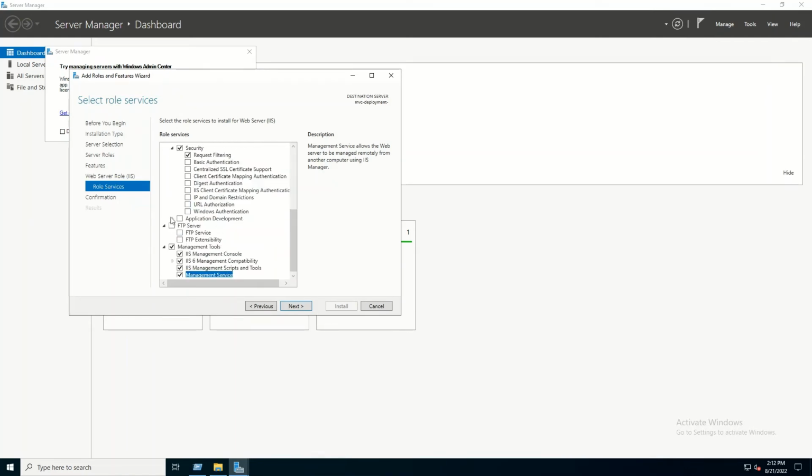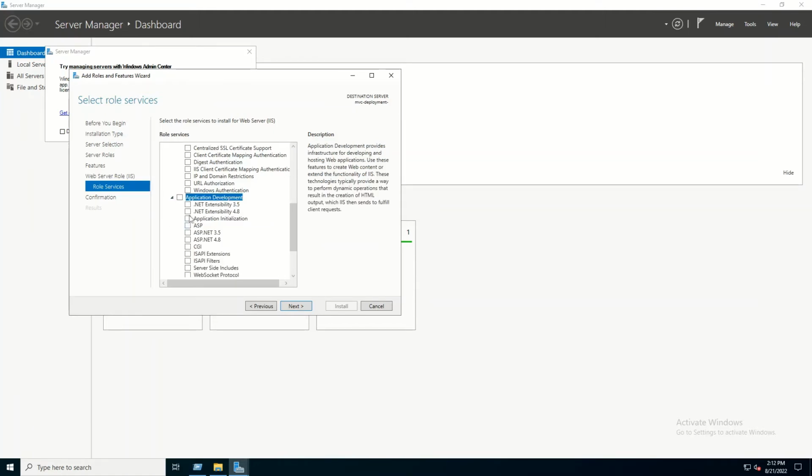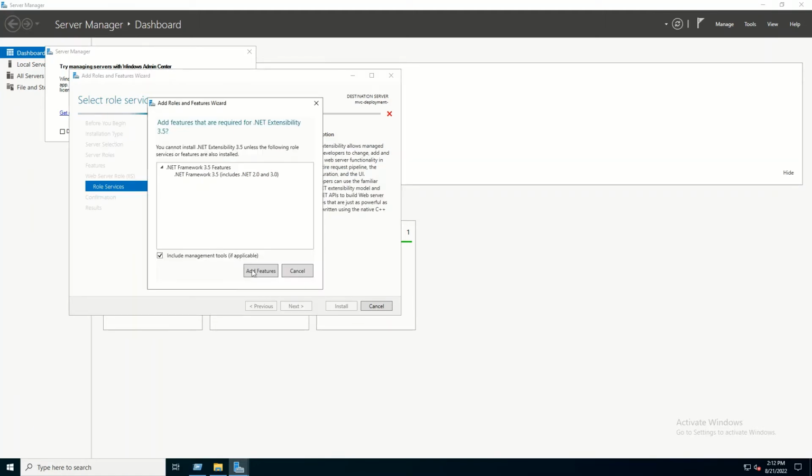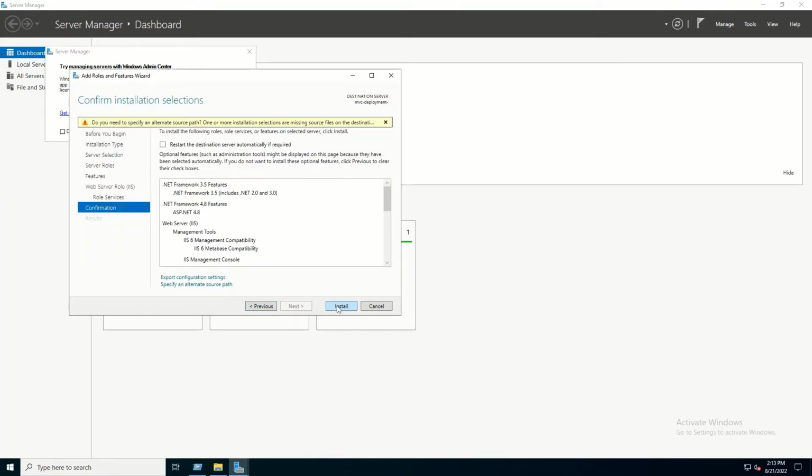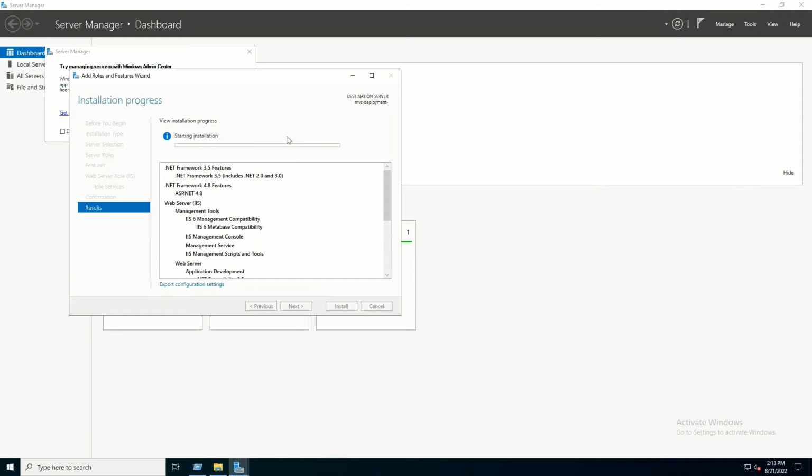Okay, and in development, that's enough. Click on next button, click on install. It will install the web server feature into this server. Till it is getting installed,